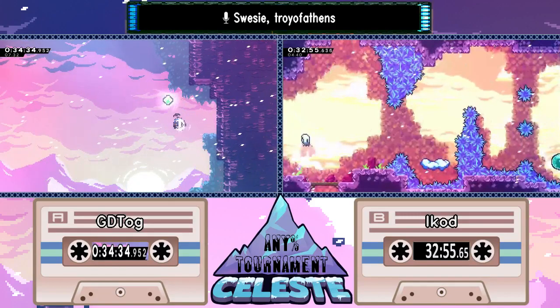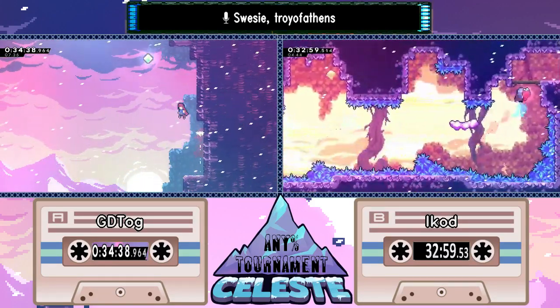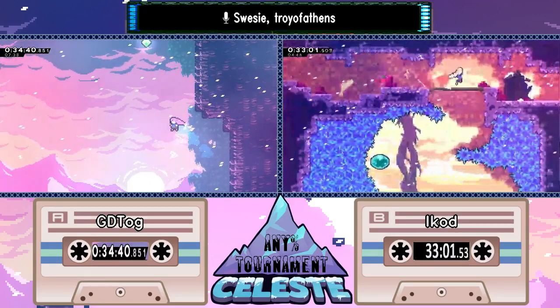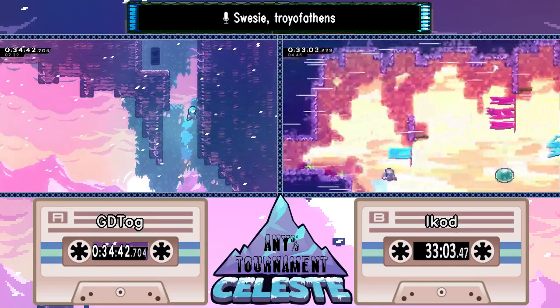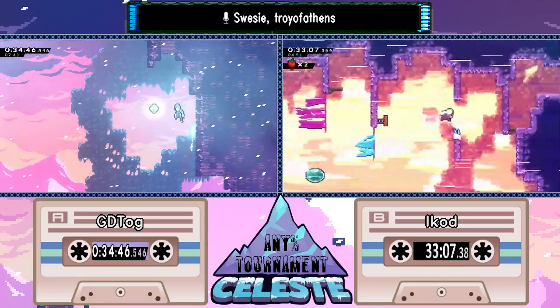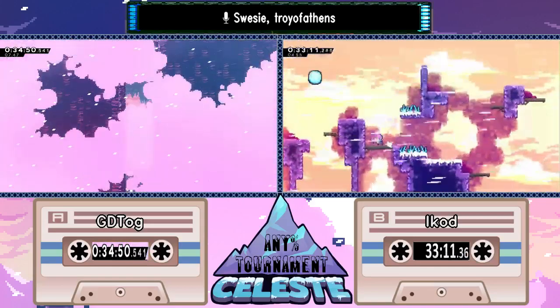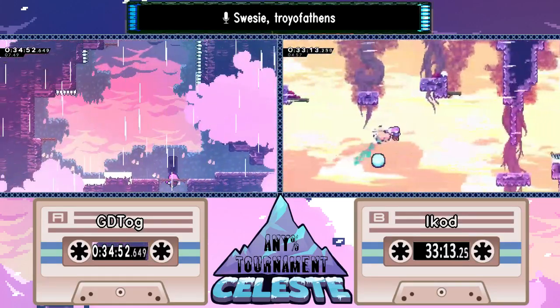And so on to the 3,000 meter section, which is the final section of the summit, as we now have, instead of screen transitions, a lot more checkpoint flags, which act as the checkpoints. If you die, you go back to the flag. And you got 30 of them, counting down. And Ikod now also in the